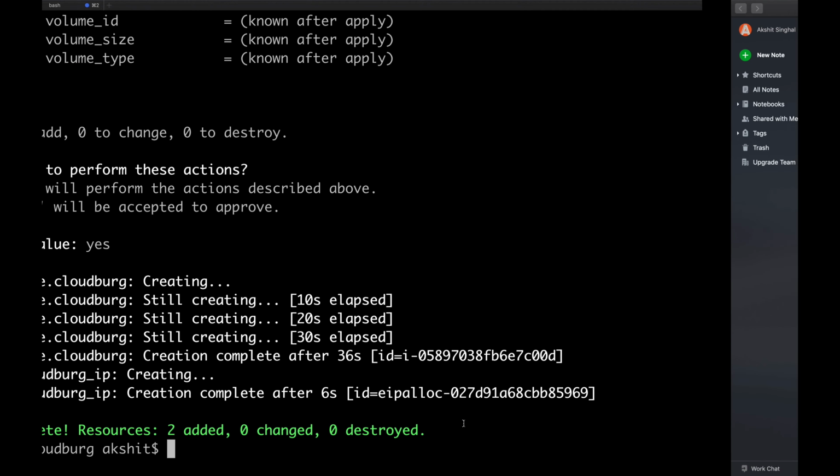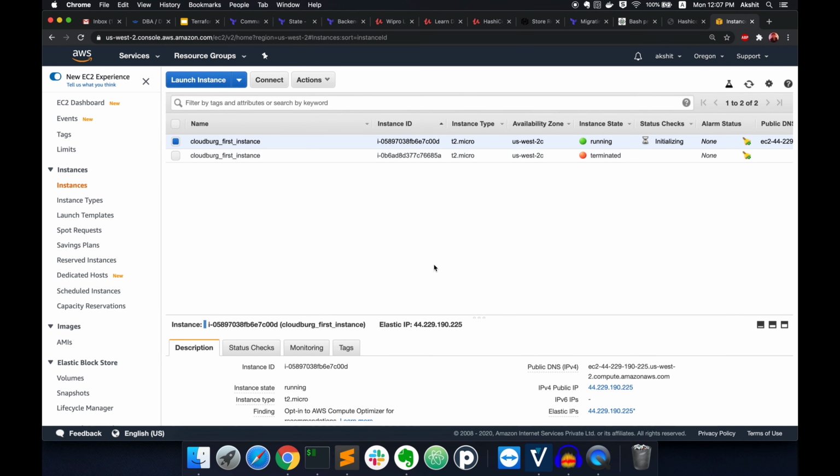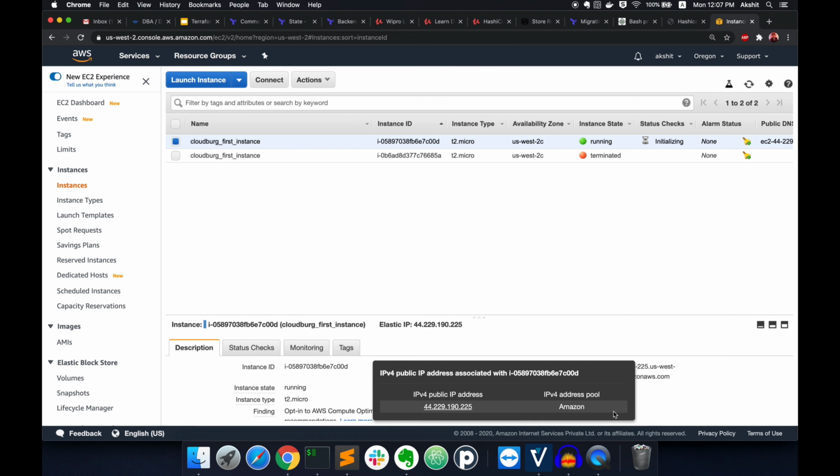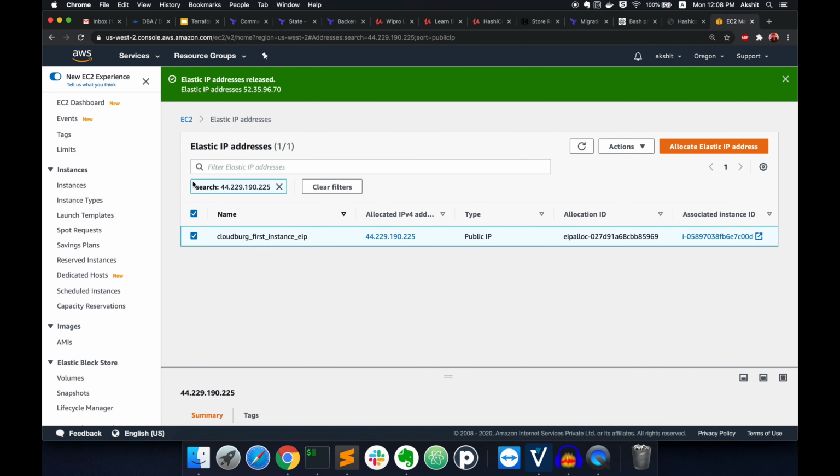Now let's check out the console. You can see the new instance is there in running state, and we can also see the Elastic IP with this instance. This is the Elastic IP. Yeah, it is done.